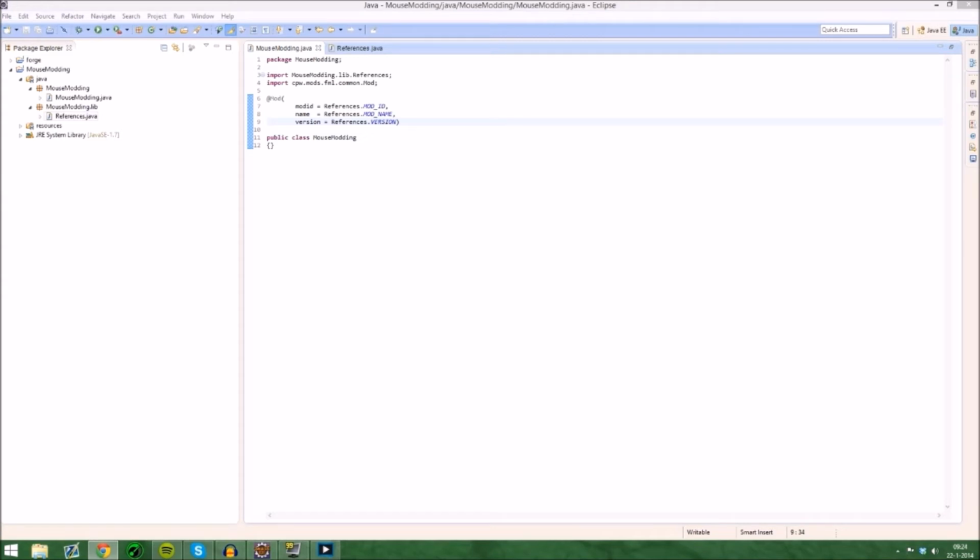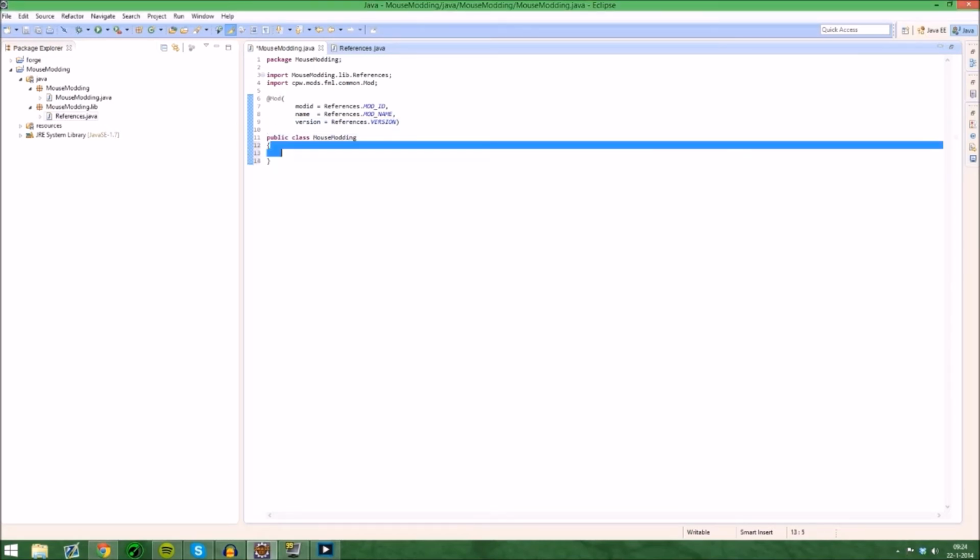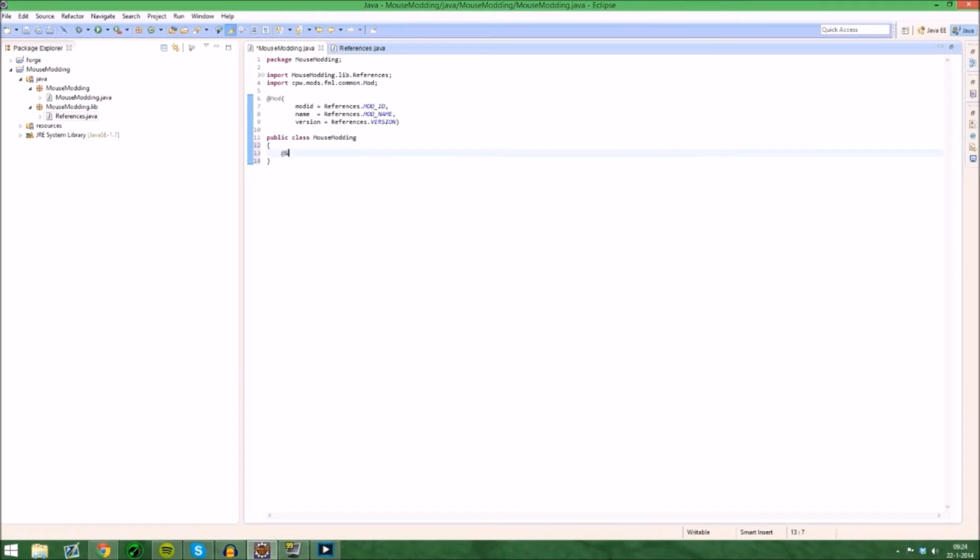Now there is one more thing that I would recommend you do. So let's open up our class declaration, like that. And we're gonna say @SidedProxy. So we're gonna use the SidedProxy annotation, and we need to declare two things, which is the client proxy, and I will explain what a proxy is in a bit. And we need